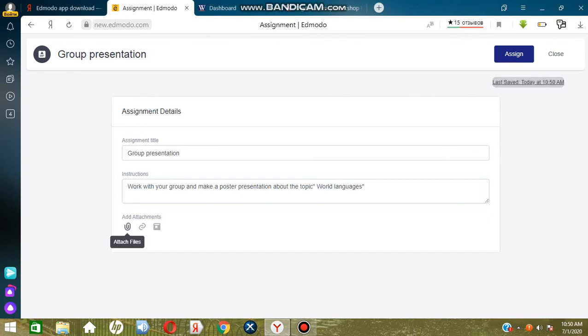And you can here add attachments, so you can attach file or give a link or add something from library that's included in Edmodo. You created an assignment and you can assign